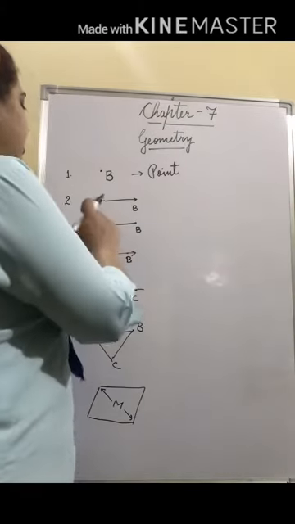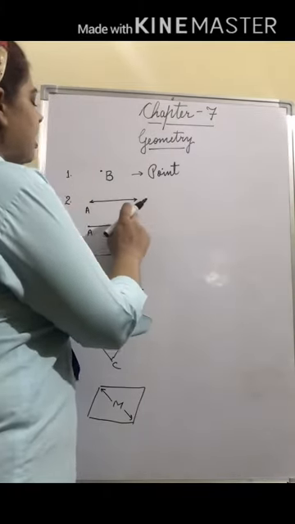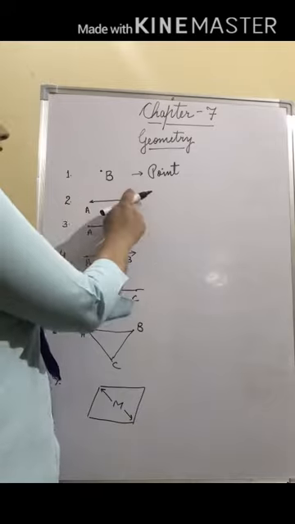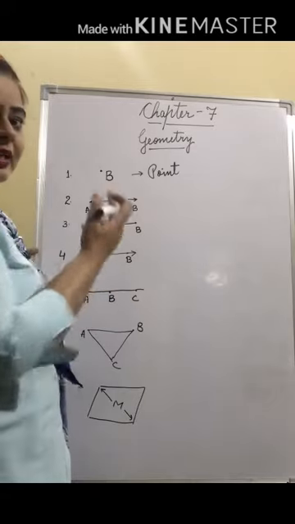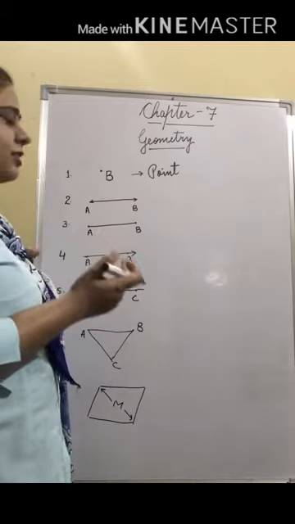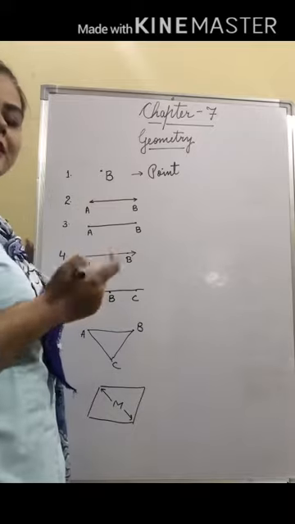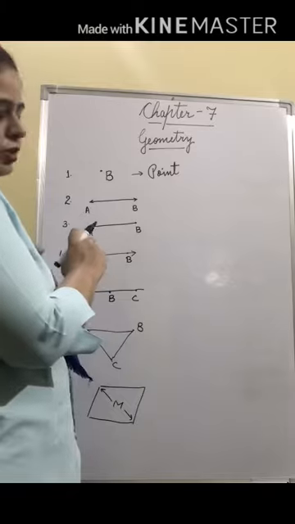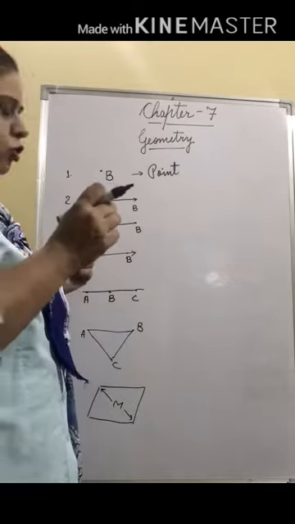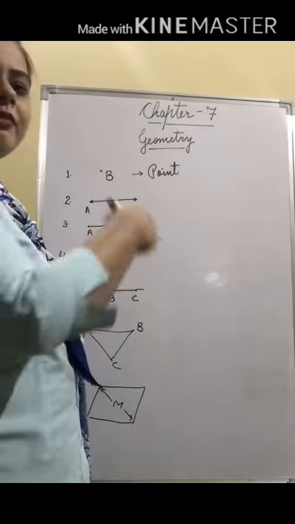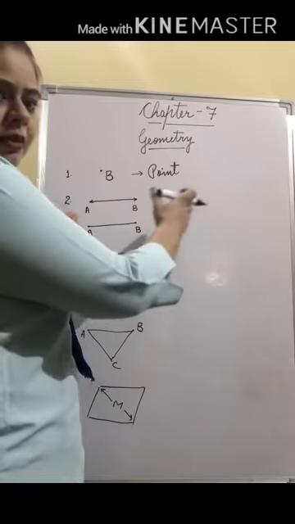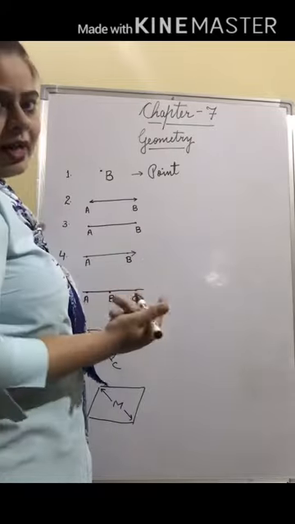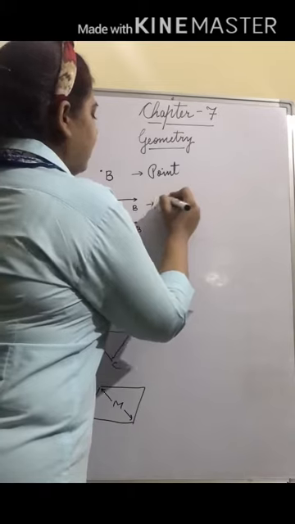Yes. Next, you can see this is a line which is having 2 arrows. What does it mean when the line has 2 arrows? It means it is a line which can be extended in both directions. जैसे आप straw लेते हो, straw को आप एक straw और जोड़ दी, फिर तीसरी जोड़ दी, so it can be extended in both the directions. So it is a line.